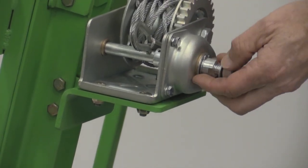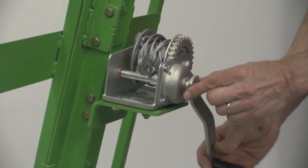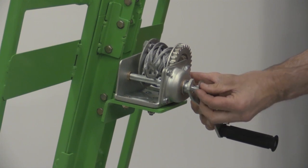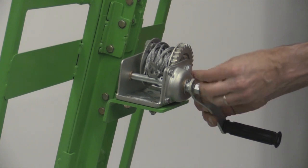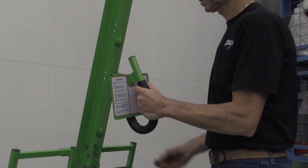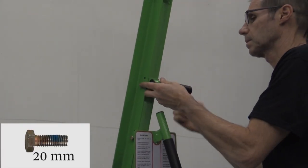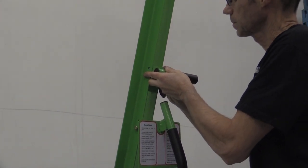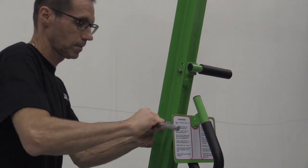Remove the nut and washer from the winch drive and place the winch handle onto the drive. Replace the washer and nut and tighten. Attach the main and secondary operating handles with 20mm long bolts to the main frame. The main handle is the lower handle. The secondary handle is the upper handle and can be attached facing left or right to your preference, and then